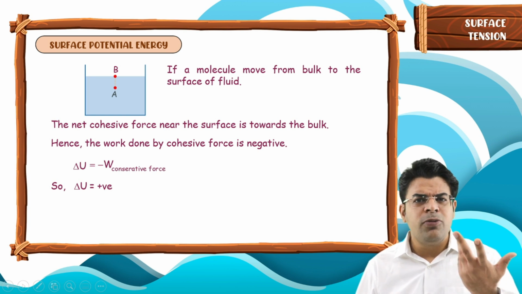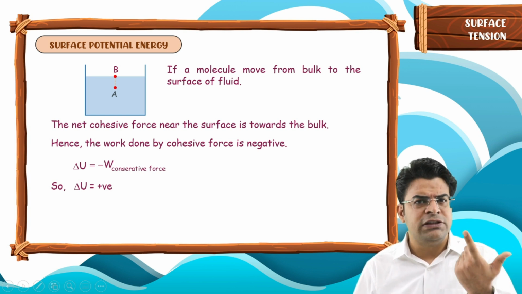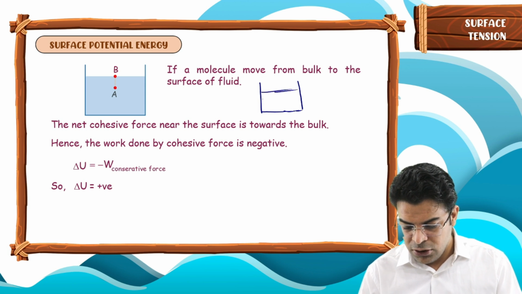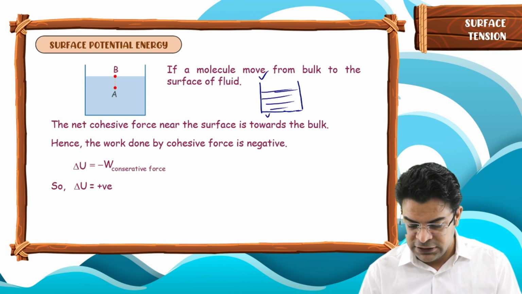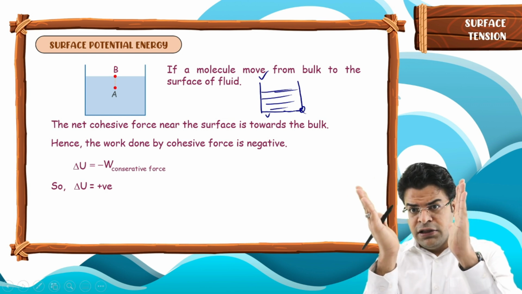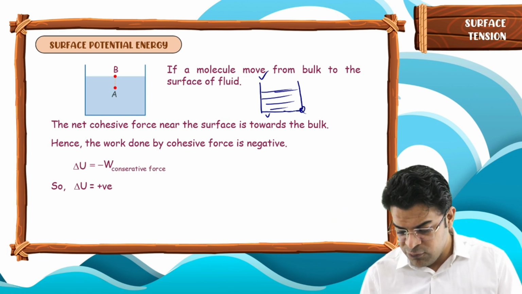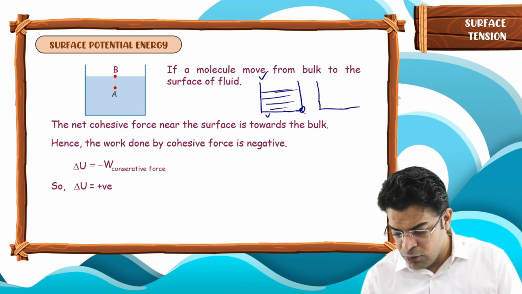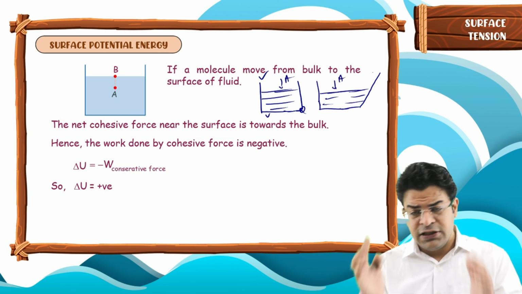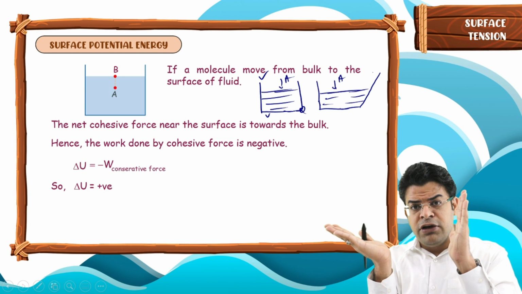But how can more and more fluid molecules move towards the surface? Visualize this. Let's say you have got this container whose three sides are fixed, but this side can be moved. If I turn this particular side, the same fluid will spread over. The height of the fluid will decrease, and what will you say about the surface area? If this third side can be moved, the surface area will increase.